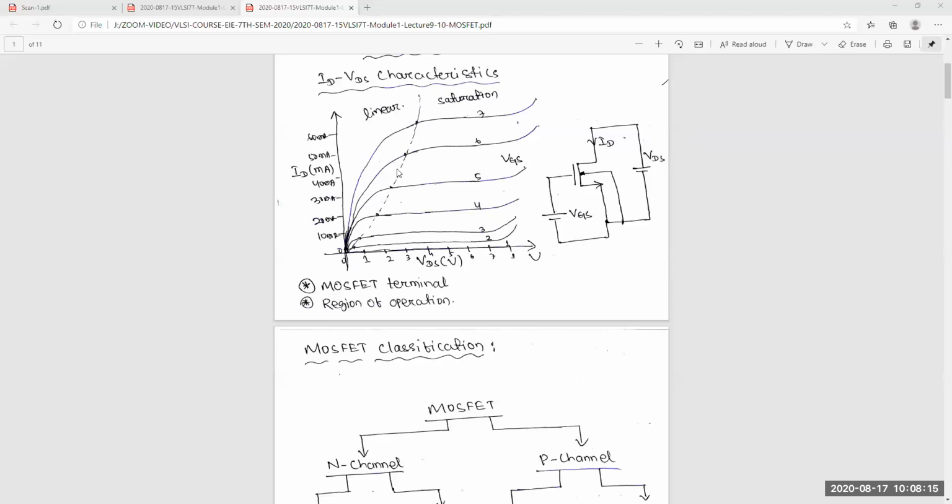This dotted line is the threshold. Why it is changing and how it is changing, everything we will discuss. This is our aim. Finally, after this lecture, after 2 or 3 hours of lecture, we will get this.